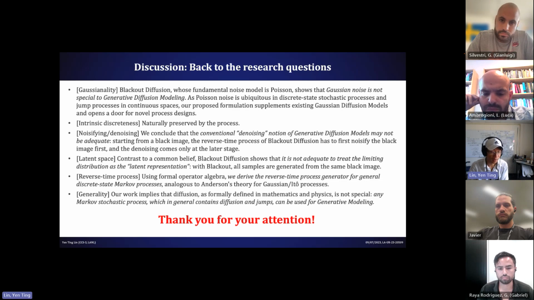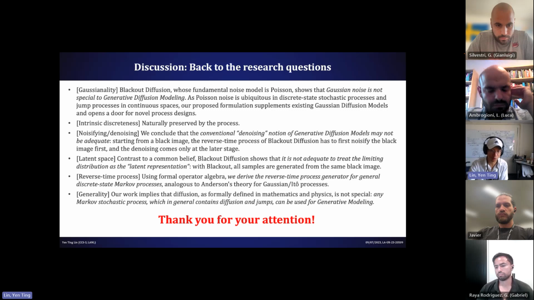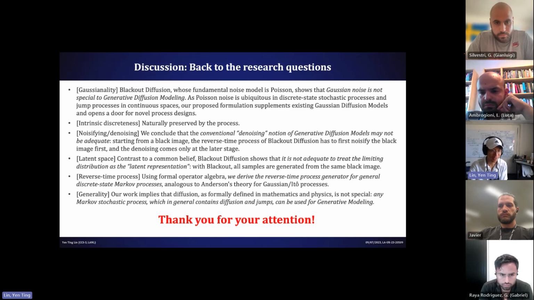I think the latent space issue is quite a done deal. It contrasts with common belief, right? So you have a singular delta distribution which cannot contain any information. So you cannot treat that as a latent space. And the funny thing here is, for example, if we're doing the probability flow,